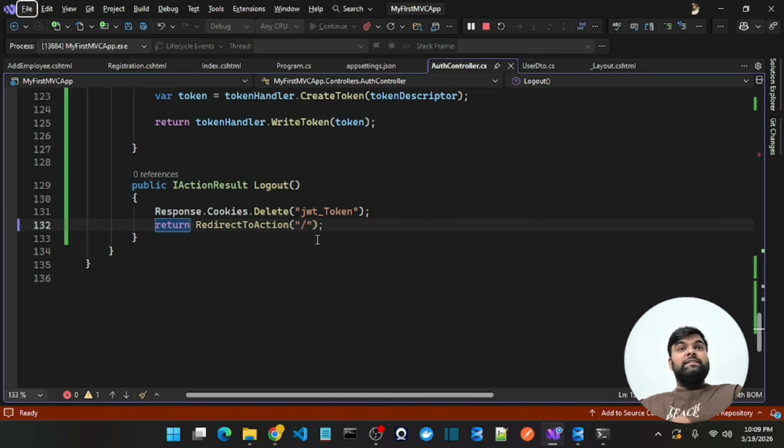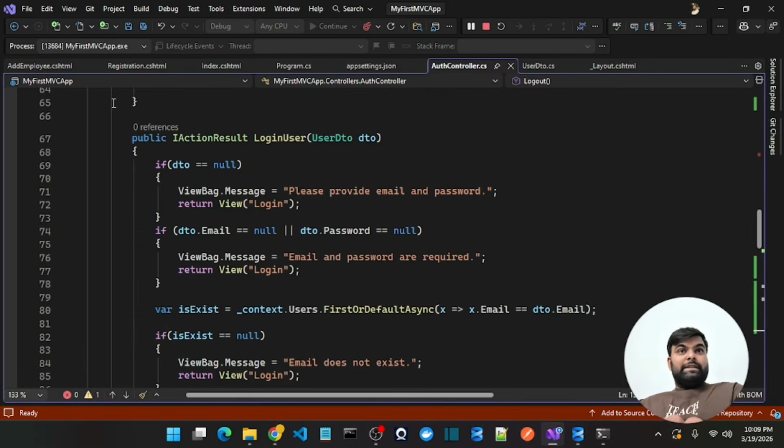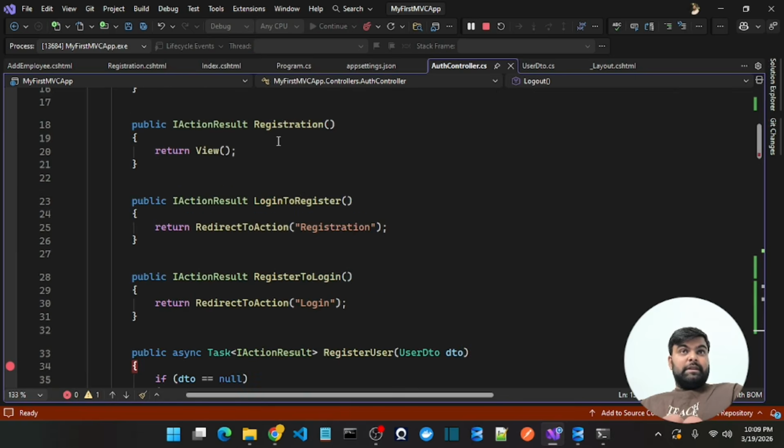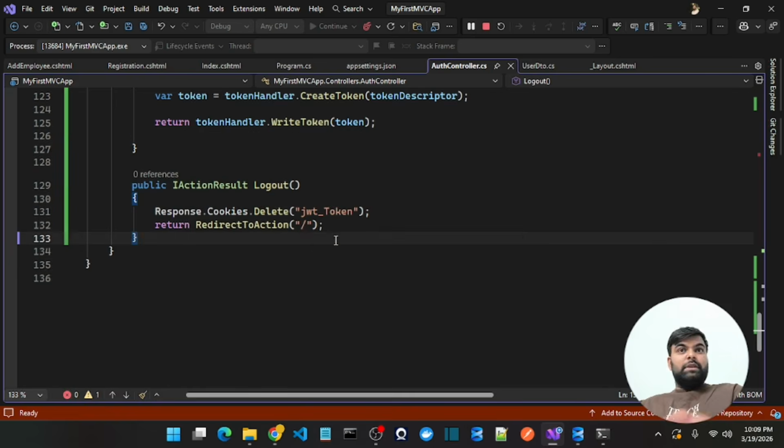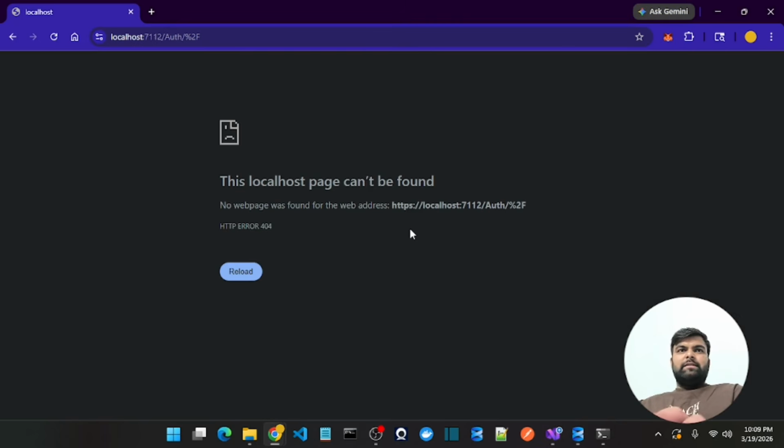Okay, so it is redirecting to the default URL of this controller as well. So this is not a good idea. If you want to go to the default, it should work, guys. Why is it not working? Okay, so it is